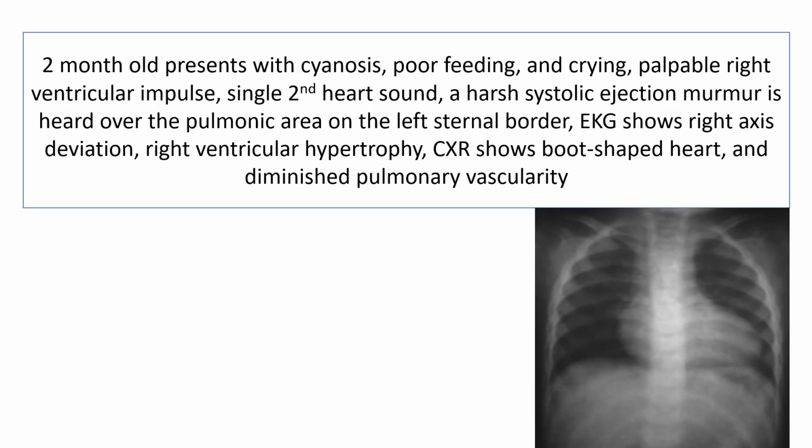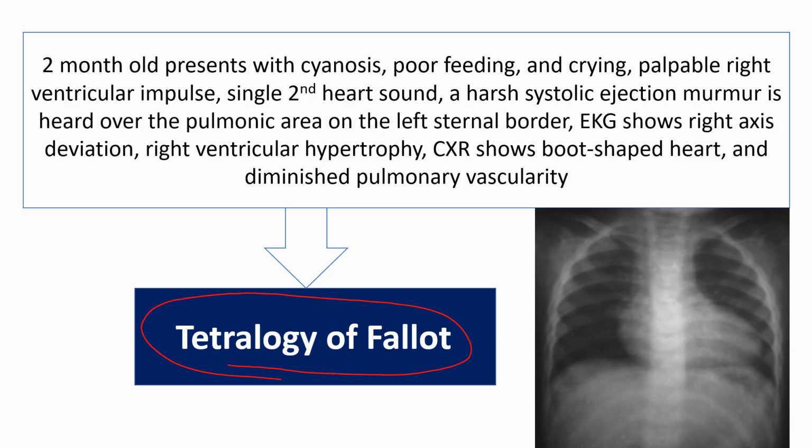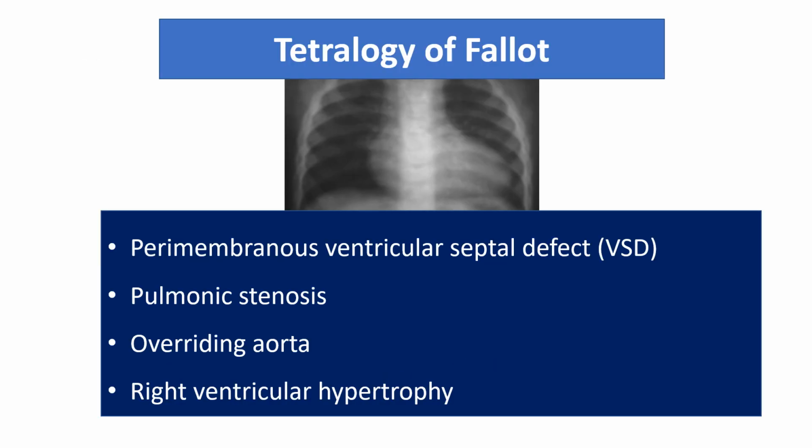2-month-old presents with cyanosis, poor feeding and crying. On physical examination, palpable right ventricular impulse, single second heart sound, harsh systolic ejection murmur is heard over the pulmonic area on the left sternal border. EKG shows right axis deviation, right ventricular hypertrophy, and the chest X-ray shows boat-shaped heart and diminished pulmonary vascularity. What is the most likely cause? Tetralogy of Fallot. The classic 4 defects in Tetralogy of Fallot: perimembranous ventricular septal defect, pulmonary stenosis, overriding aorta, and